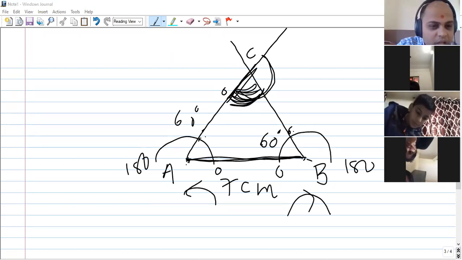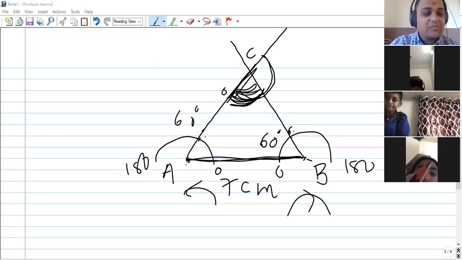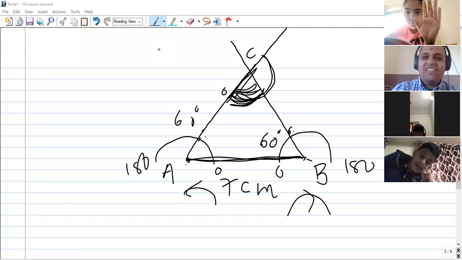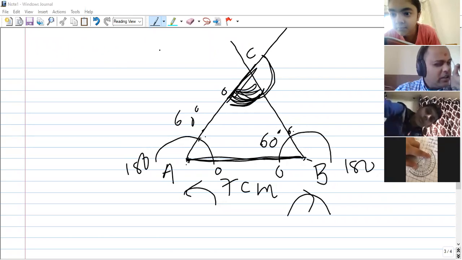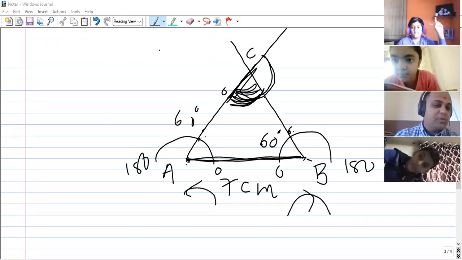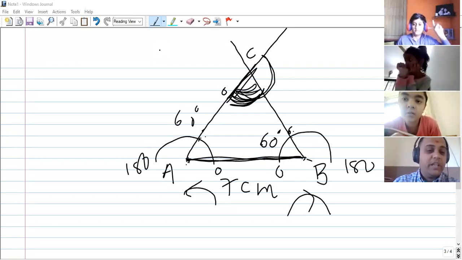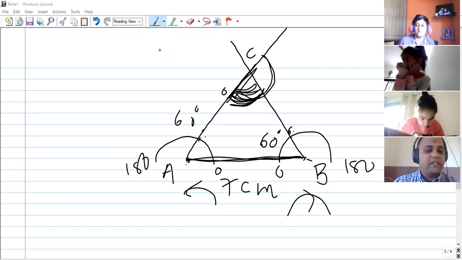Priyal, no. No, Dwij, check again. Gia, are you done? Yes, Gia, tell me. Sir, 60. Perfect. Very good. Yes, Dhwani, 70 degrees. That means you made a mistake somewhere. Your angles should be 60 and 60, and the third angle should also be 60. Check again. Yes, Vansh, 60 degrees. Perfect, that's better.